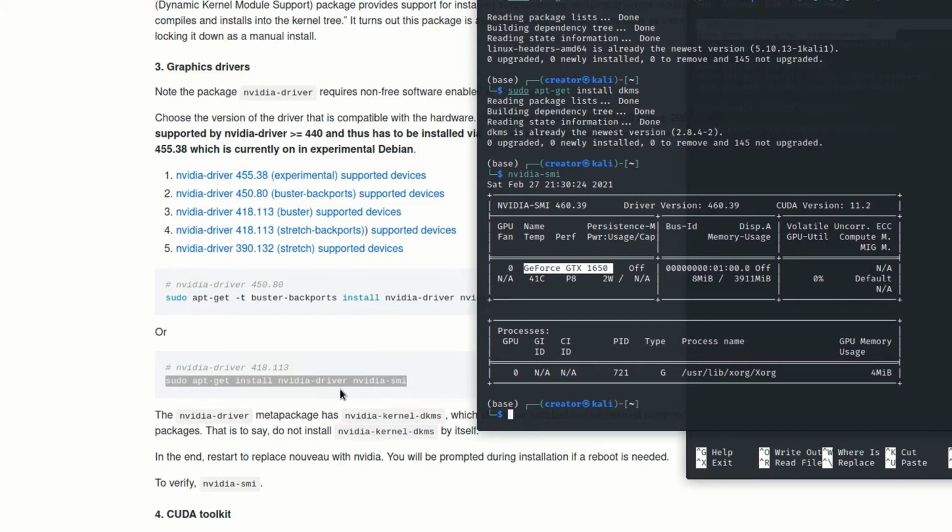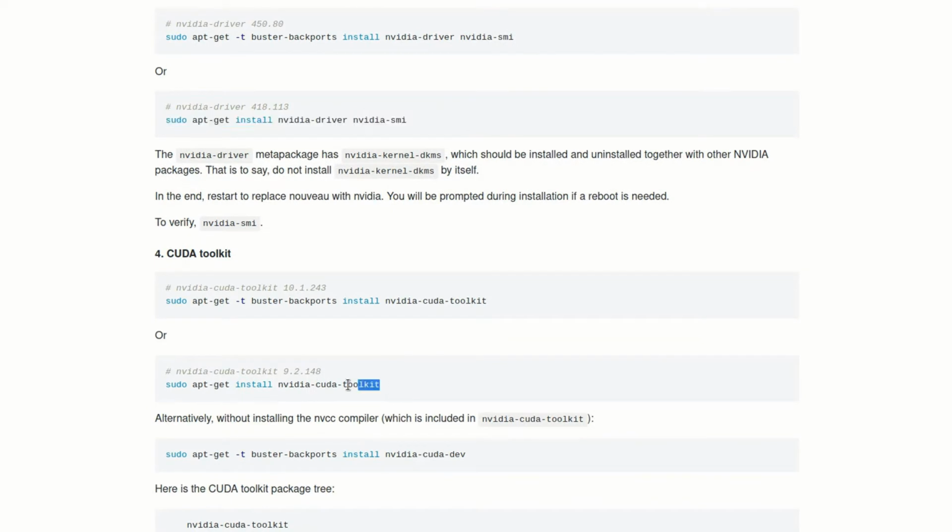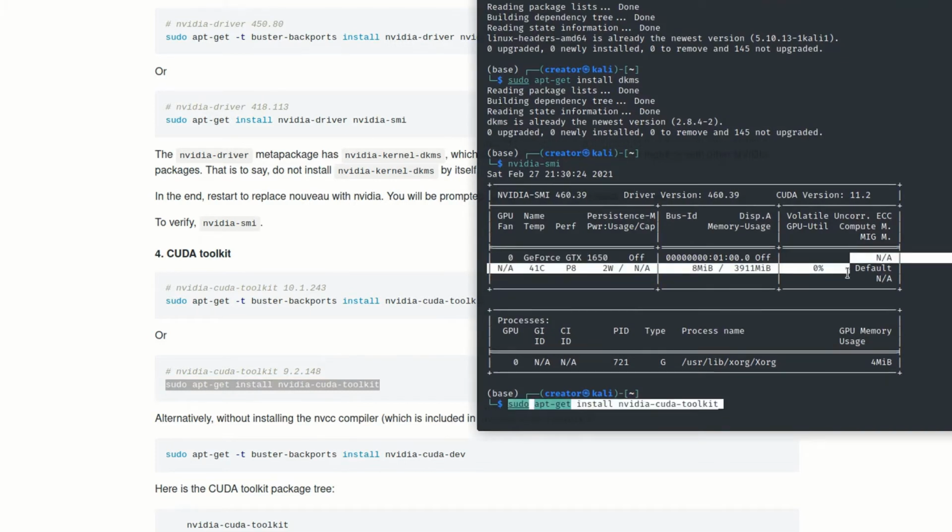Now we move ahead and we are going to install the CUDA toolkit that is needed for our deep learning models. You can scroll down and copy this command, the second one, and then paste it inside our terminal. And of course I am not going to install this either because I already have it installed. Both of these commands are going to make sure that you are on the latest version of CUDA.